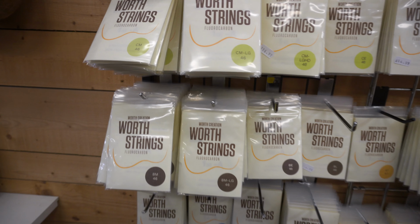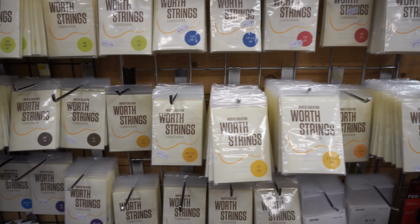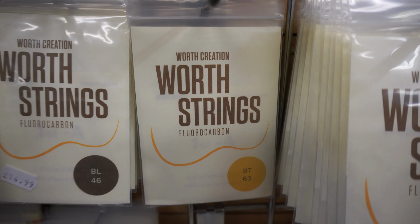And this week we're going to look at a ukulele string brand that many could argue is the most popular string brand not named Ukulele. We're going to look at a ukulele string brand called Worth today. Now, many of you will have heard of them, many of you will have tried them, but pretty much everyone out there, myself included, have questions about the differences between different models, different strings,